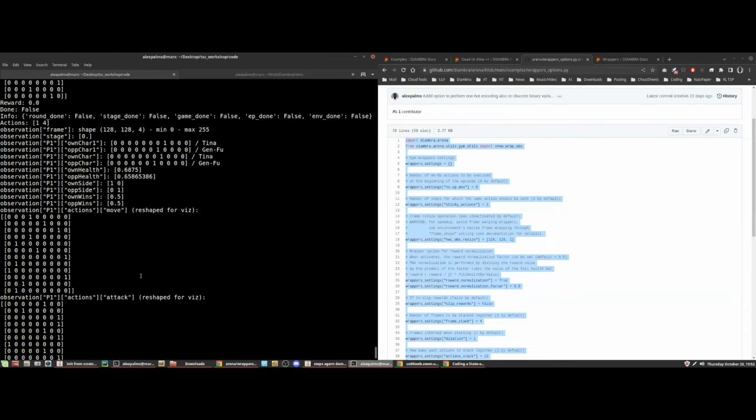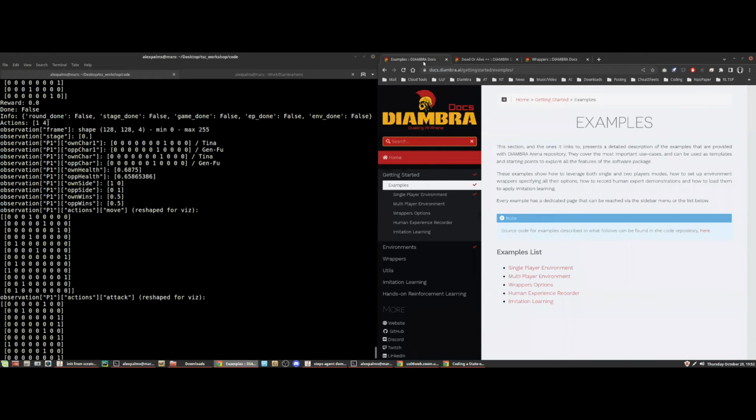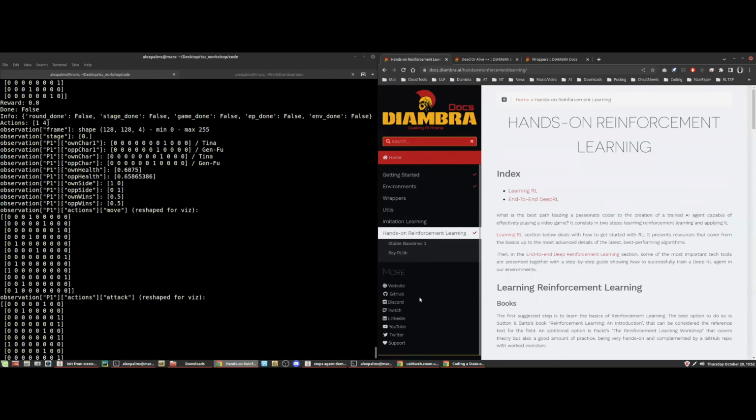So we saw how to interact with the environment. We saw how to set up, to access different settings. We saw how to add wrappers. It's now time to move to interfacing